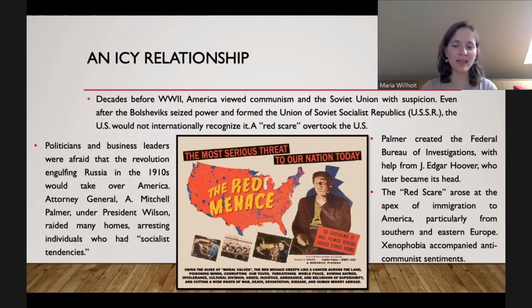But before I get into the Cold War here, I just want to mention that people say it starts after the Second World War, but it really began in the early 1920s. I didn't mention this last lecture because I thought it'd be better just to mention it here when I start to talk about the Cold War. But America, ever since the Soviet Union began, honestly, from the very beginning, we didn't have a very good relationship.